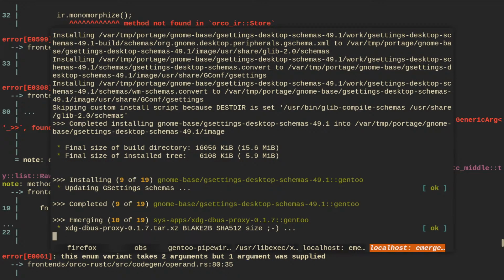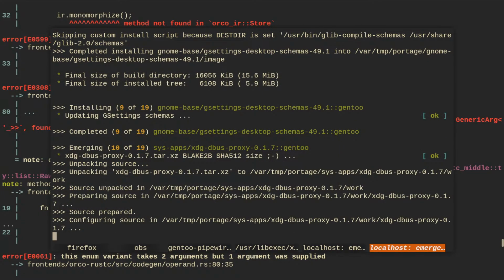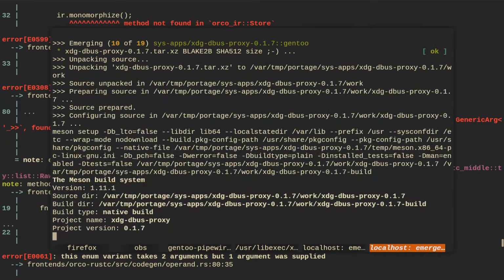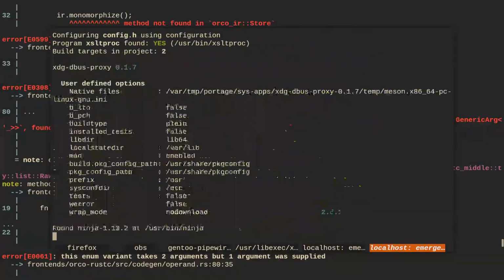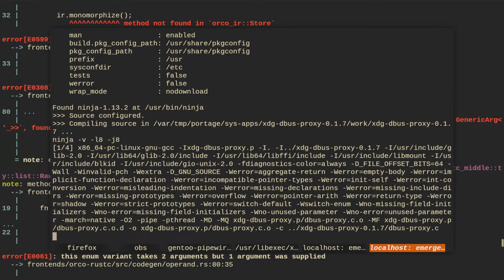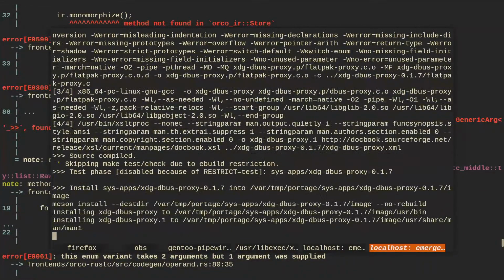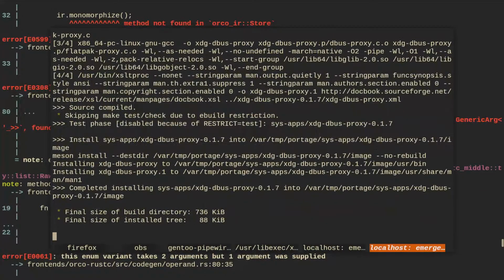Tab. Oh, that's done. What do we have? XDG bus proxy. Ooh, that's gonna be another one that builds. Probably not much, probably like 8 objects, 4 objects, even better. Configuration took longer than compilation. There we go.